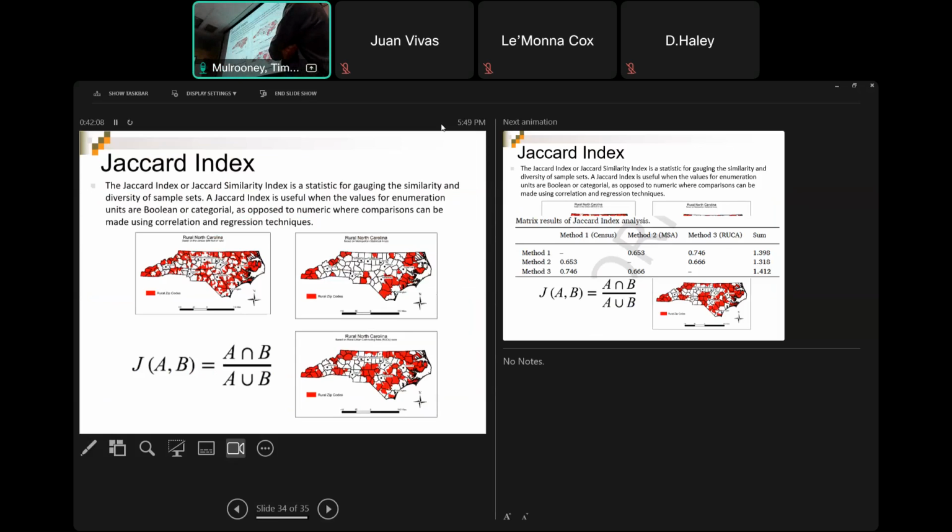Which one's the best? And so imagine all these zip codes having an attribute table and a field for census definition, MSA definition, and RUCA definition, where it's yes, no, or yes, yes, yes, no, no, yes, no, no, no, yes, yes, yes. And we ran something called the Jaccard Index, which basically calculates the intersection versus the union.